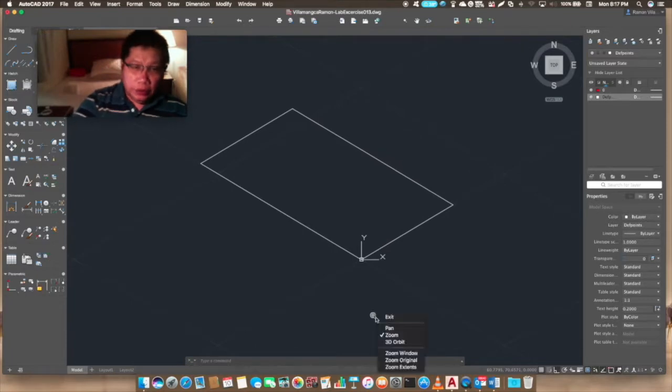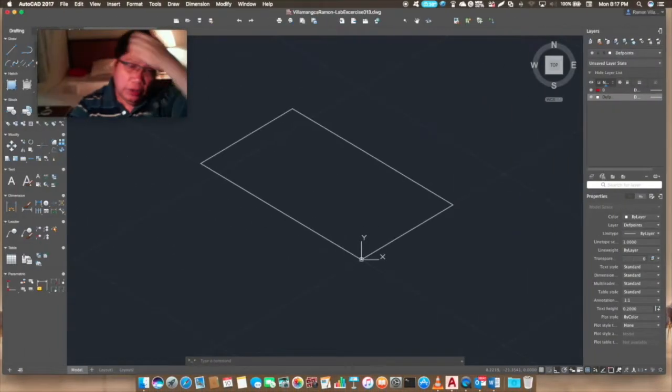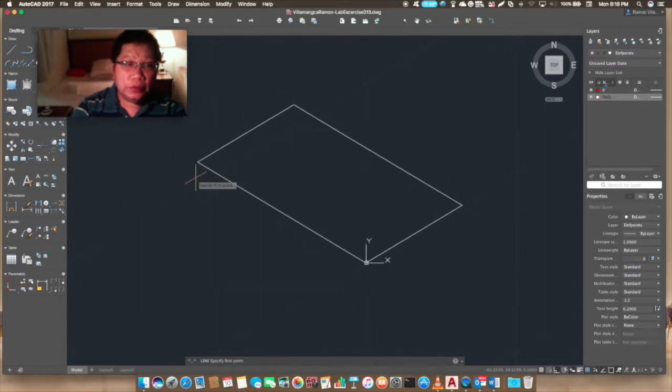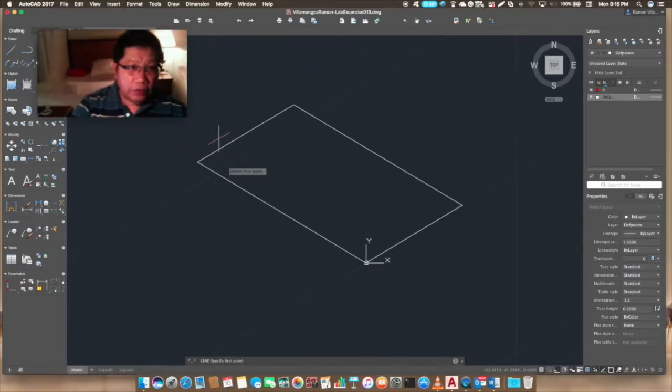Okay, so this is the top. So we go down again. On a Mac it's function F5 to change the view. This is good enough. So this is the left view. Okay, so we draw a line again. I changed mouse because this one is not good. I'll start here, going down